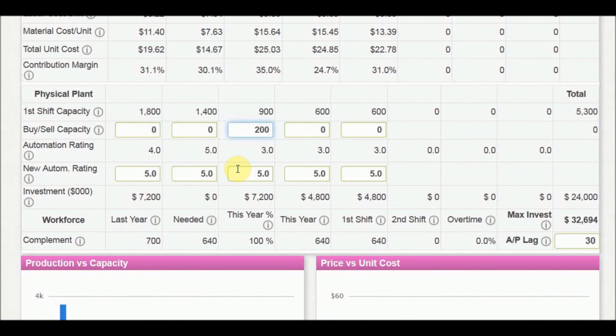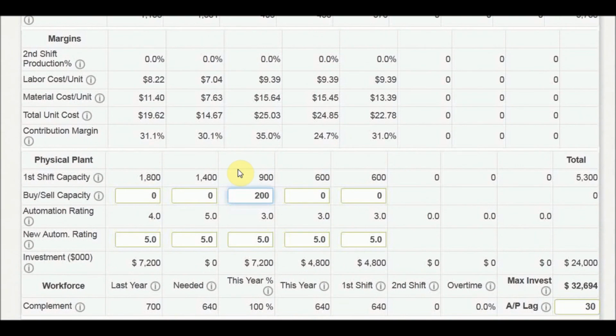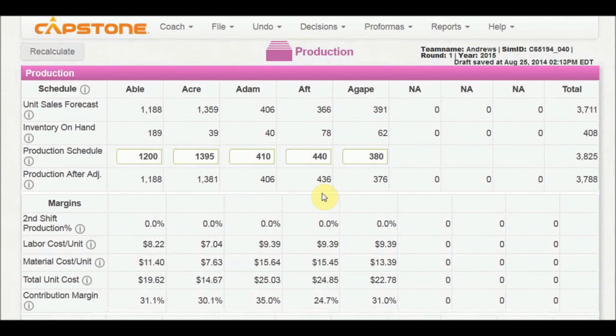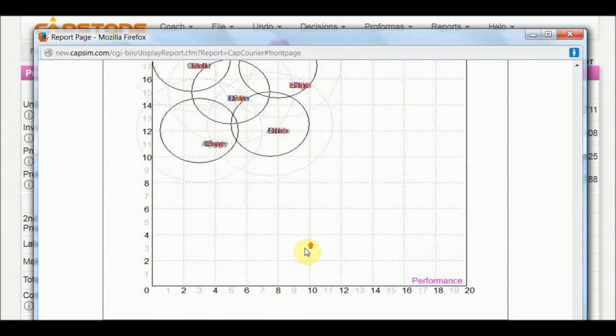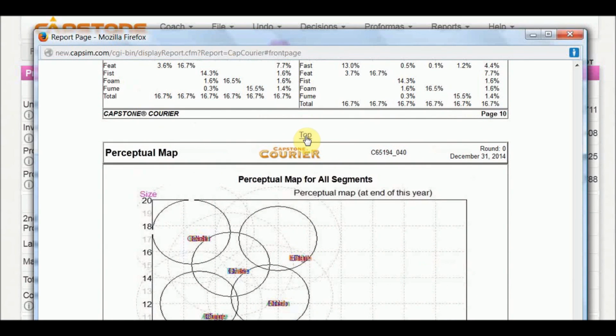Alright, so your chances are pretty good that you're not going to be able to do much more than that for each of them. Now, something else to consider while you're looking at production is the amounts that you were selling before. Okay, so take a look back here